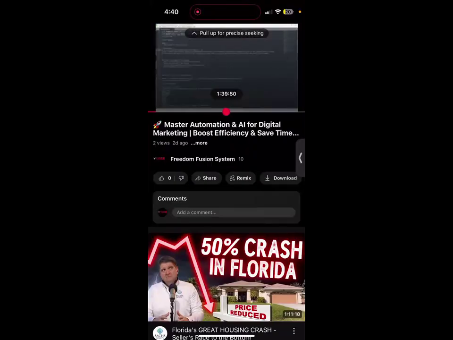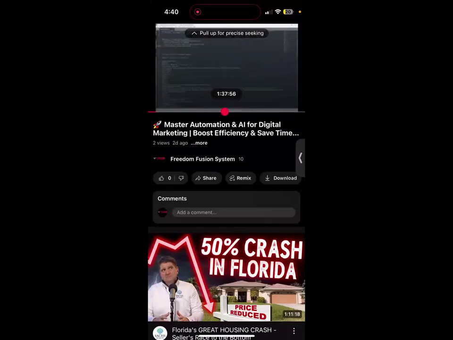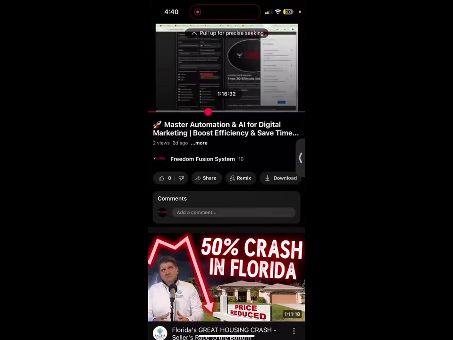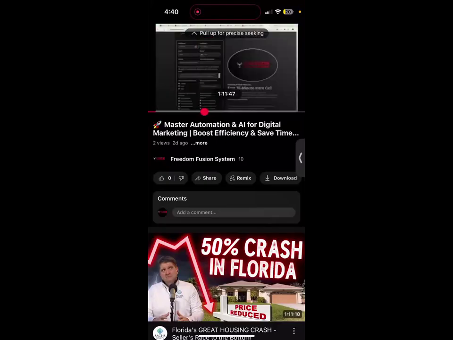Now, one of the ways to do that, guys, here's the workflow. You create a Zoom recording, right? I already have a bunch of automation blueprints that show you the Zoom recording. Like over here, this was indeed my Zoom recording of me showing the Freedom Fusion system and how I'm filling out the fields automatically using automation. But guess what?